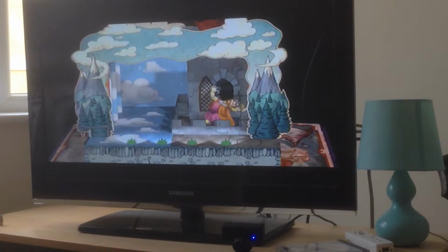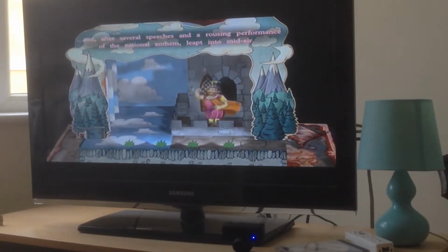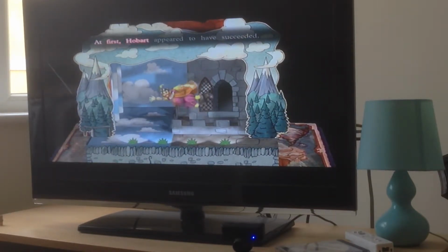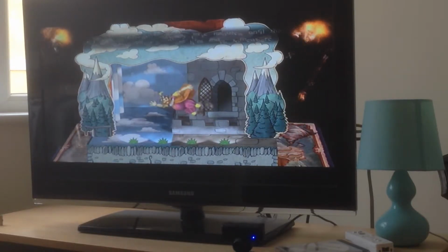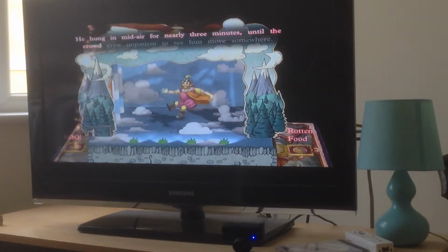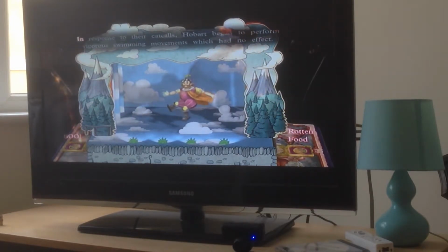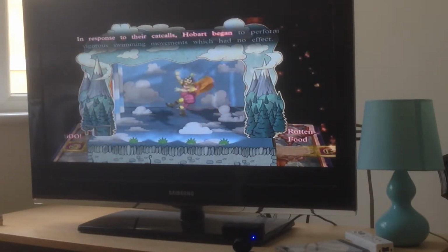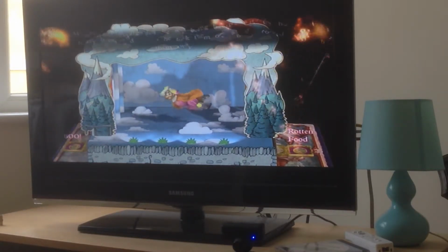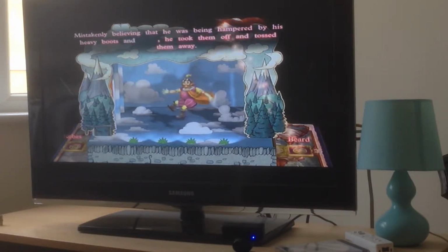After a rousing performance of the national anthem, he leapt into midair. At first, Hobart appeared to have succeeded. He hung in midair for nearly 3 minutes, until the crowd grew impatient to see him move somewhere. In response to their catcalls, Hobart began to perform vigorous swimming movements, which had no effect. Mistakenly believing that he was being hampered by his heavy boots and...